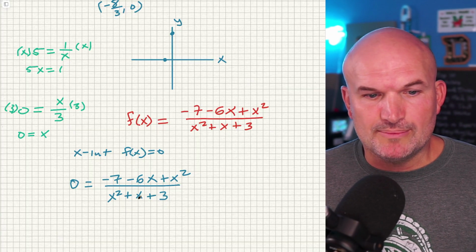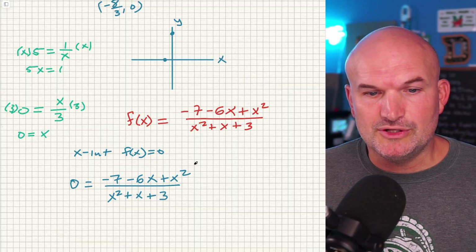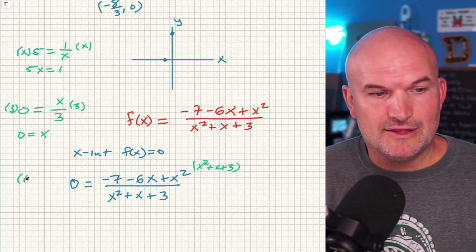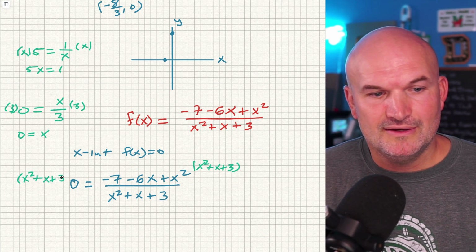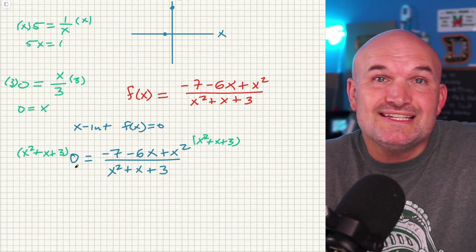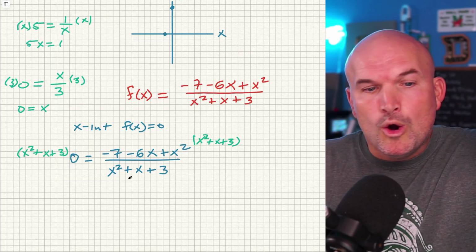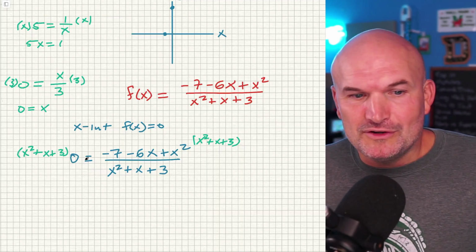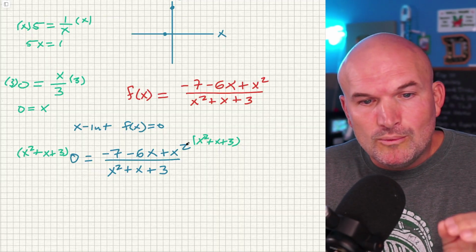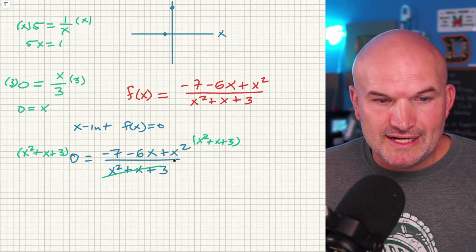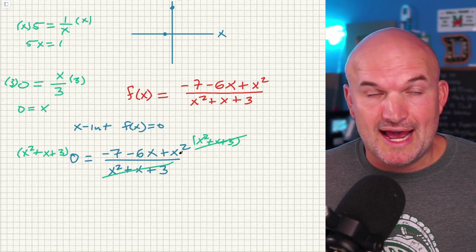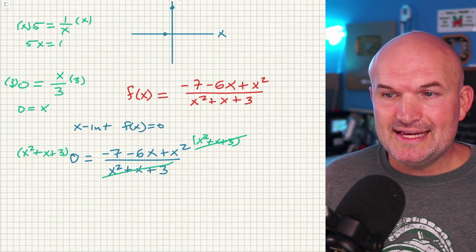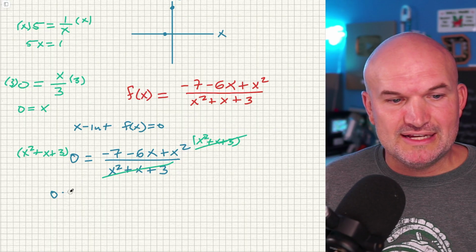I need to get this x squared plus x plus 3 off the denominator. So what I'm simply going to do is multiply both sides by what's in my denominator. Now, the cool thing is we know on the left-hand side, that's just going to be multiplied by 0. Every single time, actually, when we're trying to find the x-intercept, whatever's in my denominator, I actually don't care about. Not really. We'll talk about that later. But for the purpose of finding the x-intercept, I know when I multiply my denominator on both sides, over here, it's going to be the division property. They're going to divide out. And on the left-hand side, it's going to multiply by 0. So therefore, what I'm going to get is simply whatever is in my numerator